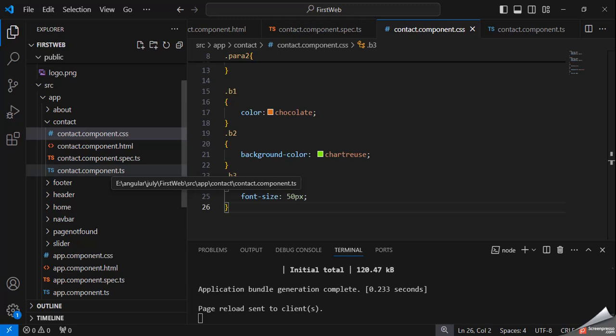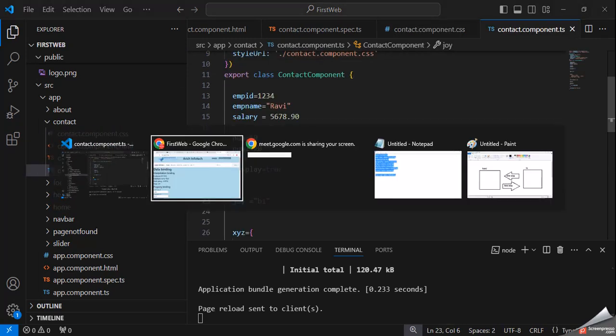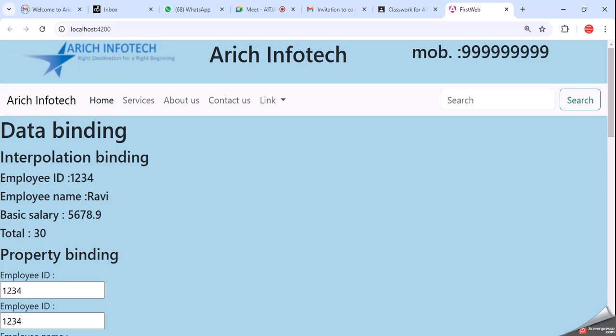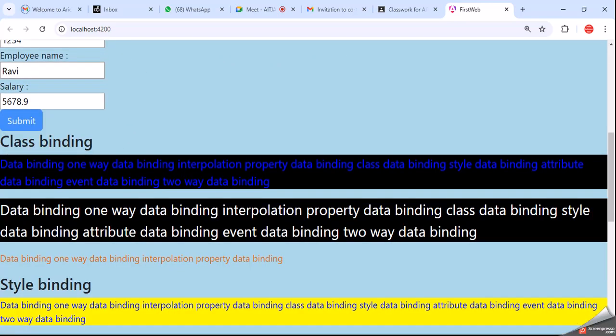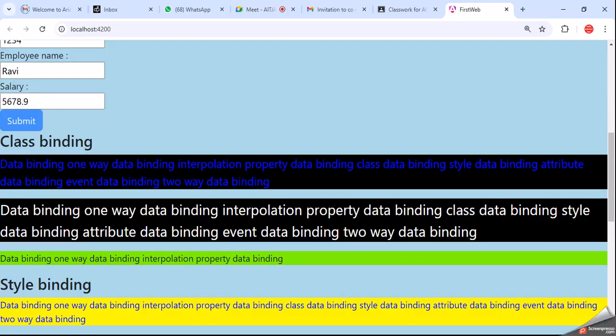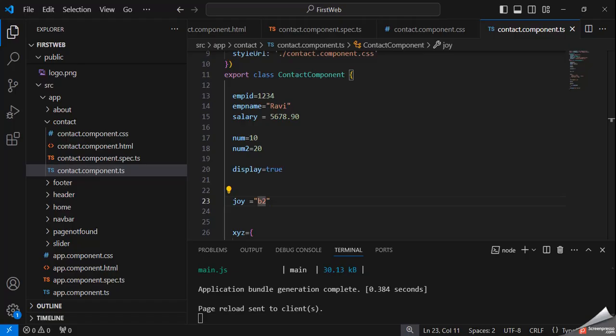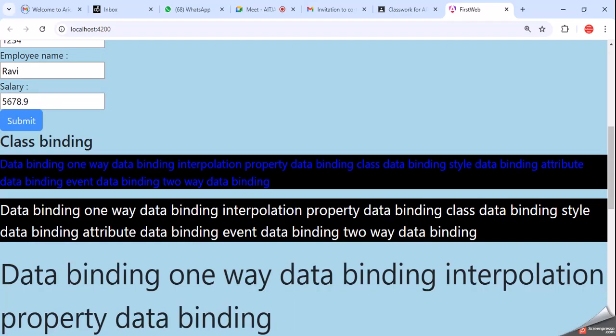Okay, so we can see here, you can see this is a chocolatey color. If you want to change, here B2, then you can change the background color. If here you declare B3, okay, so this is B3.